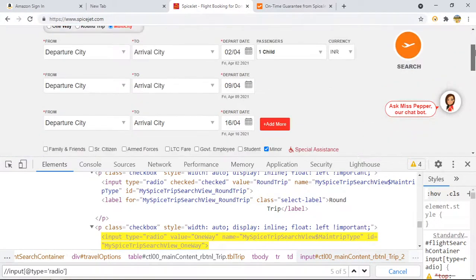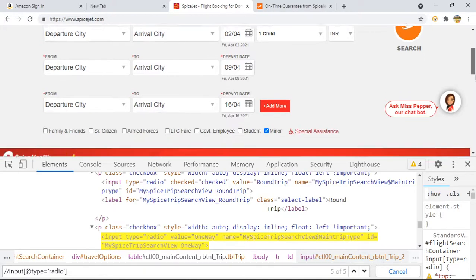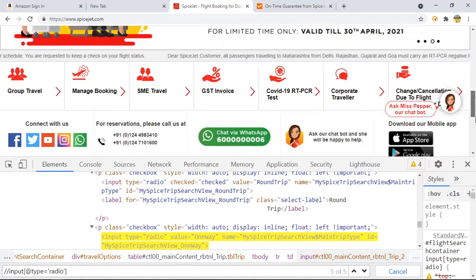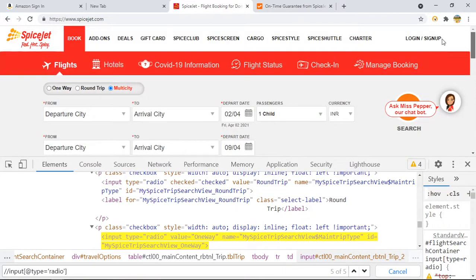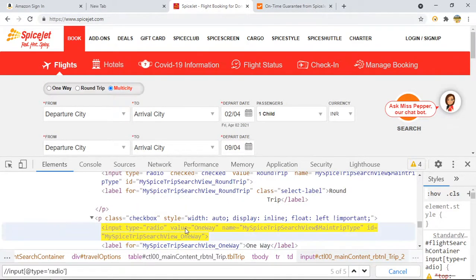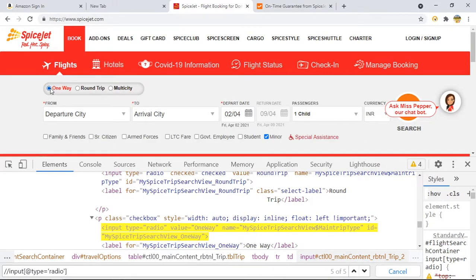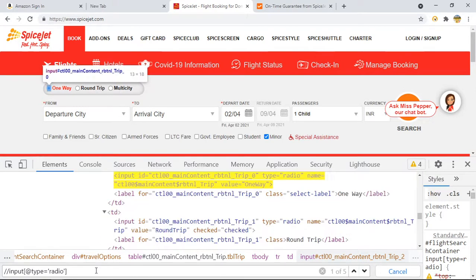Somewhere here. Okay, anyway, I will check how they have hidden it. Here they are saying one way. Where is one way? One way is this. And this is a round trip.